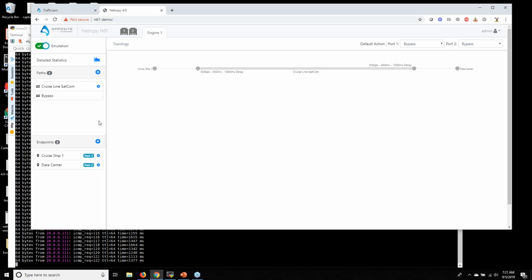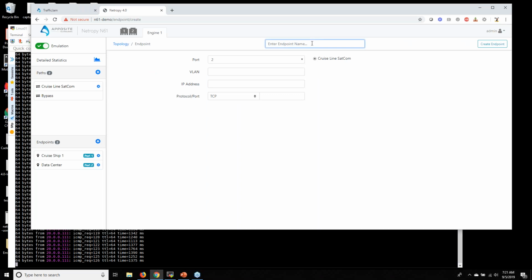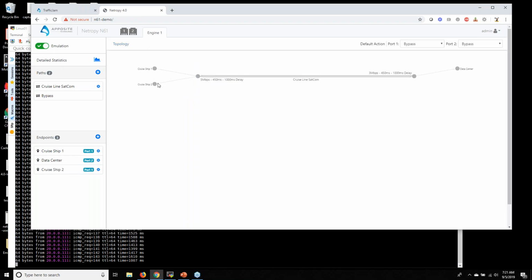So we can do many-to-one. So maybe you have more than one cruise ship out there. So maybe we have a cruise ship 2, and his IP address is 20.0.0.222. And now we see we have 2 cruise ships connected to the data center running over the cruise line network.